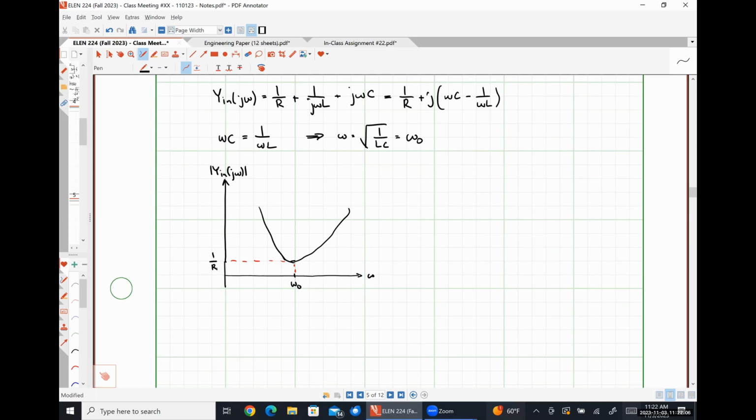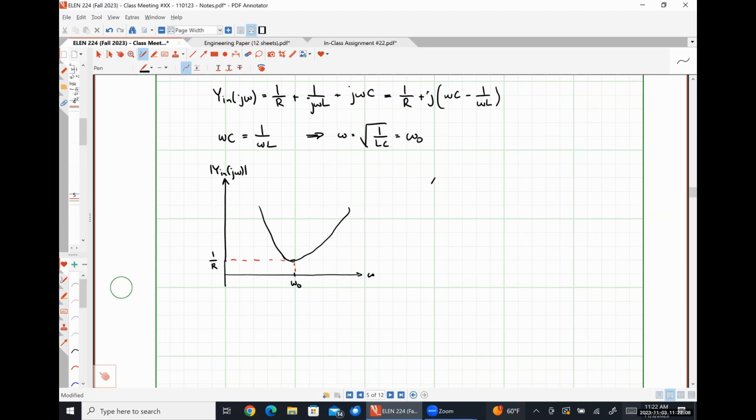And looking at our phase angle as a function of frequency, so putting omega naught smack dab in the center yet again, here's positive 90 degrees, here's negative 90 degrees. We see that we're going to get something that looks like this, which are essentially supposed to be the exact same graphs that we saw for our series RLC circuit, except that now we're looking at the admittance.